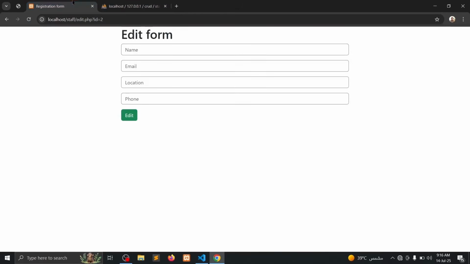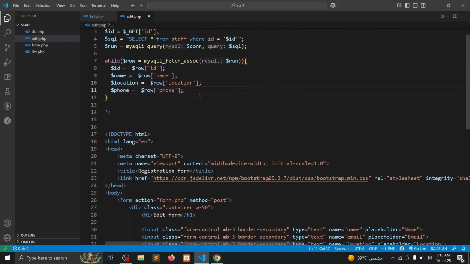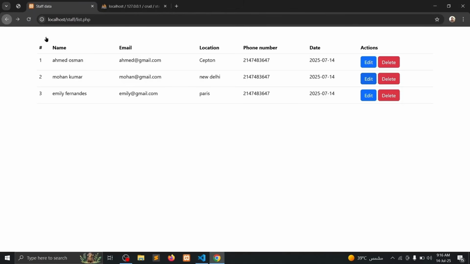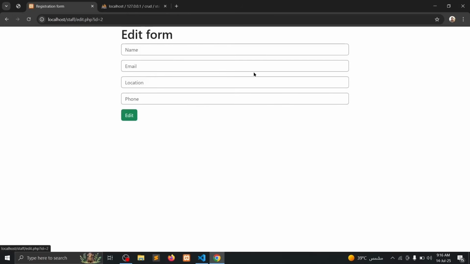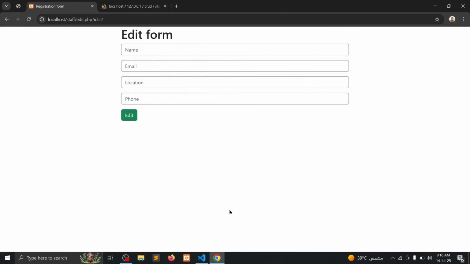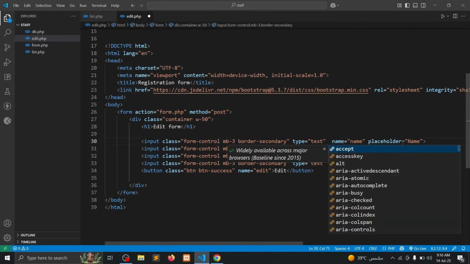We need location and phone. Refresh. We need to take that data and we display it in this form so that I will